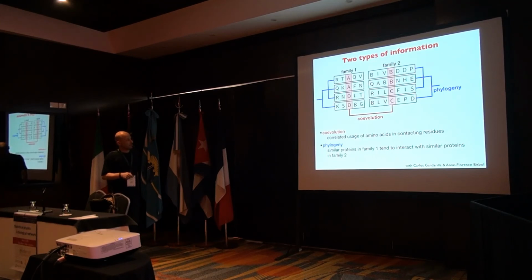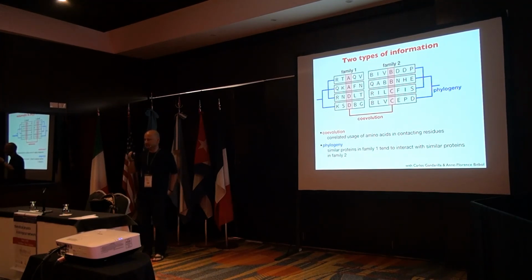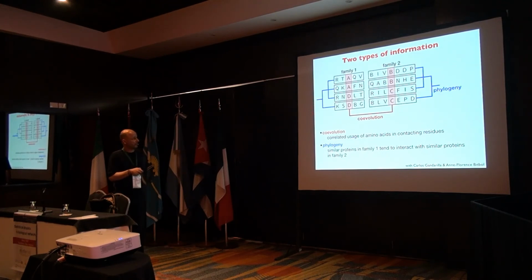And what we use is actually the data contain not only one kind of information but several kinds of information. There's the one I discussed all the time, which is a co-evolution between residues. But there's another kind of information, and this is the information which is given by the phylogeny. If you have two proteins which interact, and in another species you have a close-by protein here, and you have a close-by protein here, there's a higher probability that these interact than any protein which is more distant. Any residue? Protein or residue? Protein. The phylogeny is at the level of proteins.